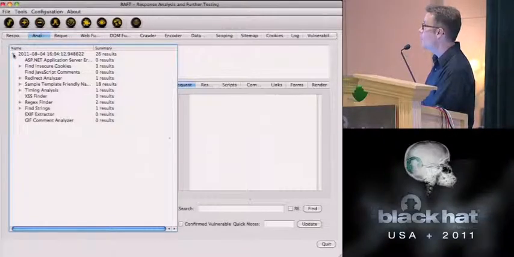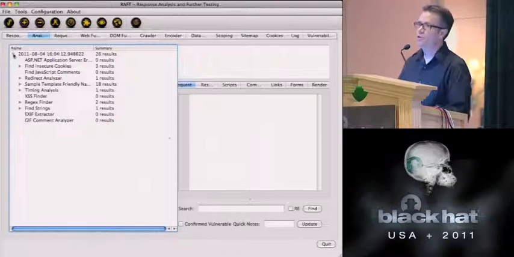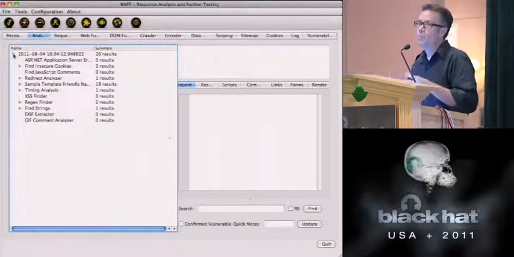We'll show you a bit later how we actually do that with the fuzzer. There's the sample template in there, and that finds a whole bunch. But we've also written a couple more generic analyzers for people to use. There's a regex finder and a string finder. So both of those, if you can write a regex, you can go in and actually put in something that's